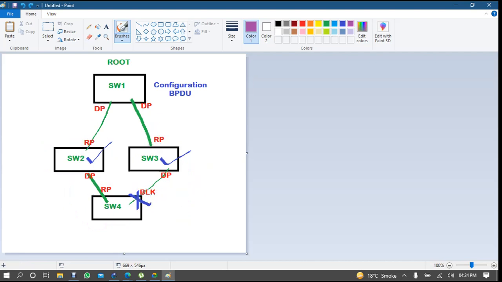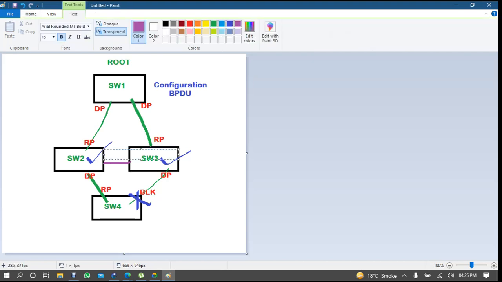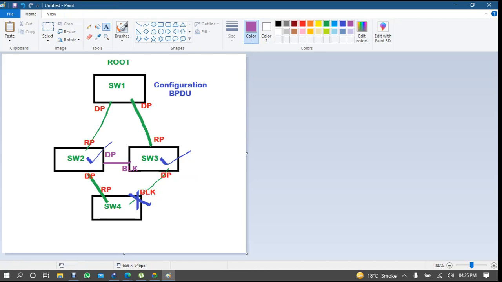Maybe there could be another link also like this one. Now tell me the status of this link. This will be a DP. And what about this other one? This one is blocked. Very good. Now if this link is down,